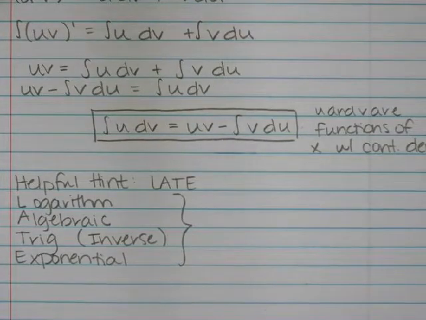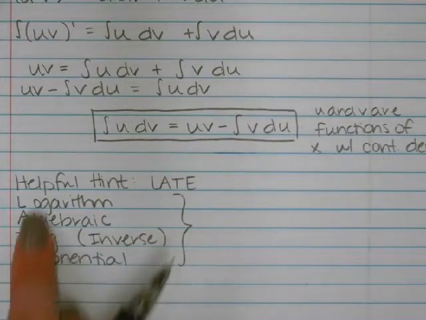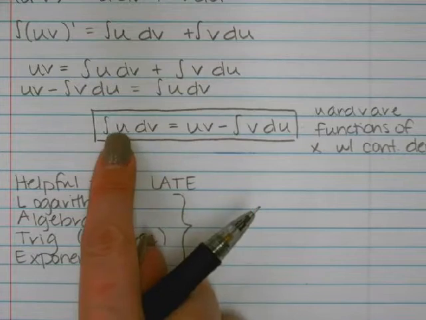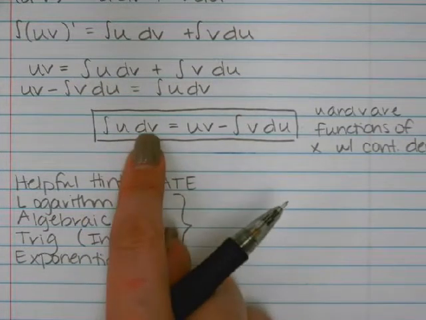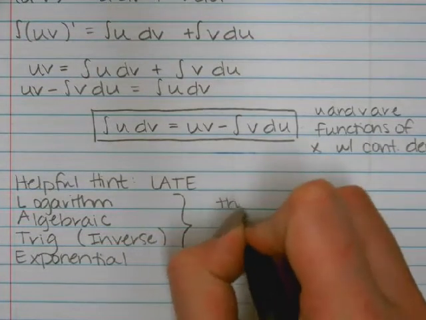So when you look at these two functions, the first type of function that you see, if it appears as one of these, you're going to define that as your u function. Everything else you would call your dv function. So I'm going to say the first type of function